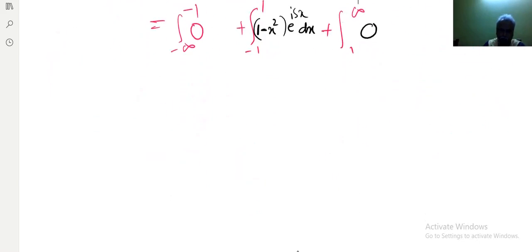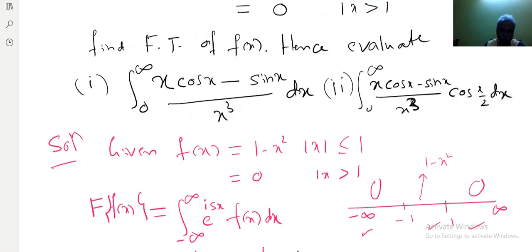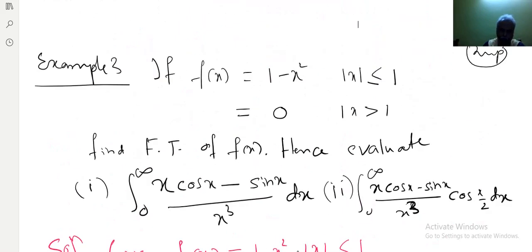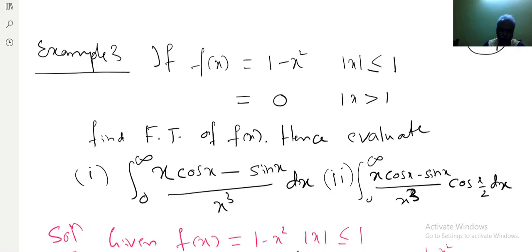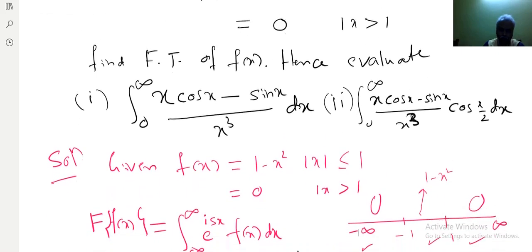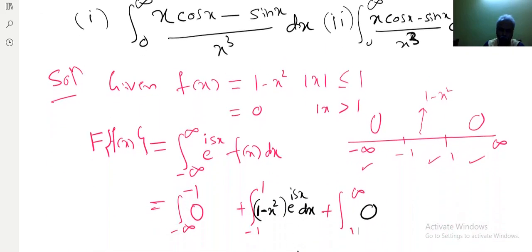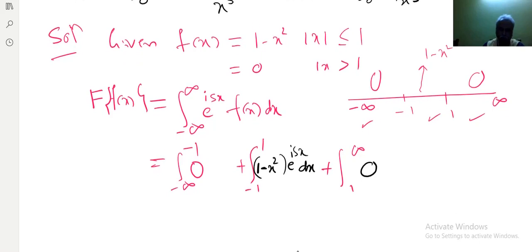So what we did, we applied the Fourier transform definition. So we applied the function definition, which is broken into three parts. So the integration is broken into three parts, and the first and last parts are 0, the middle part is 1 minus x square. So if I integrate this by parts, f bar s